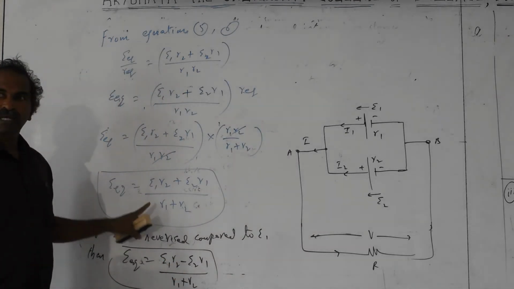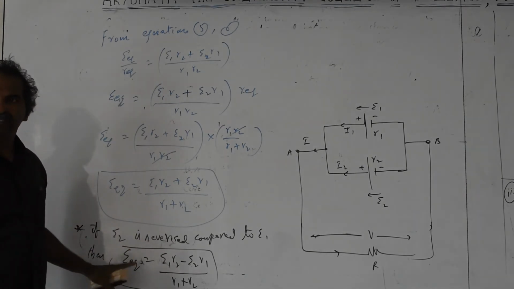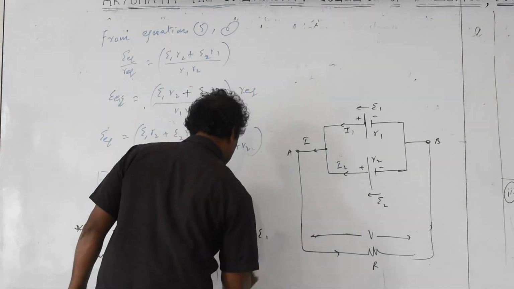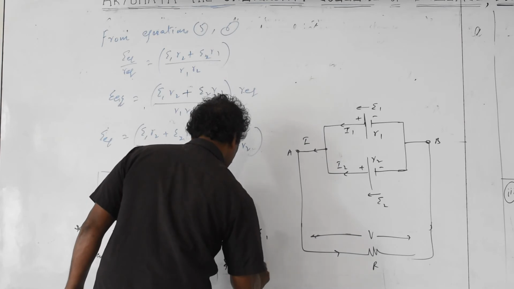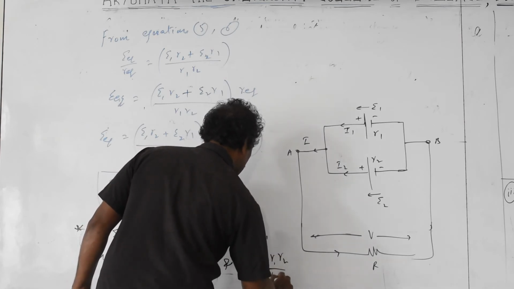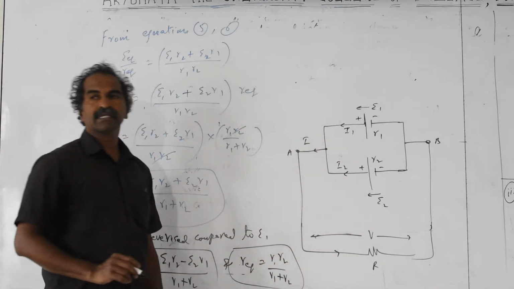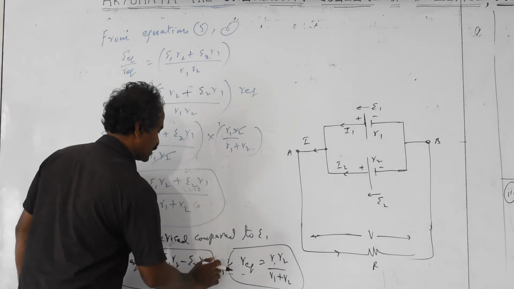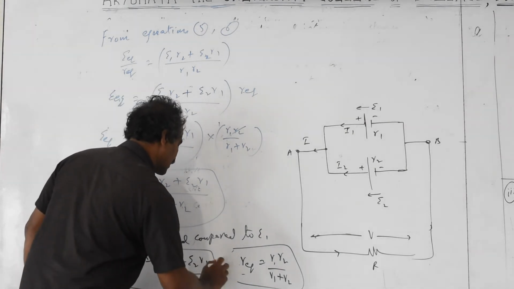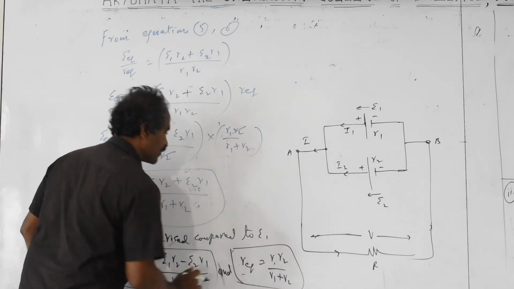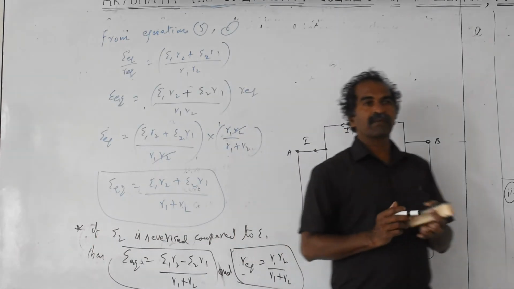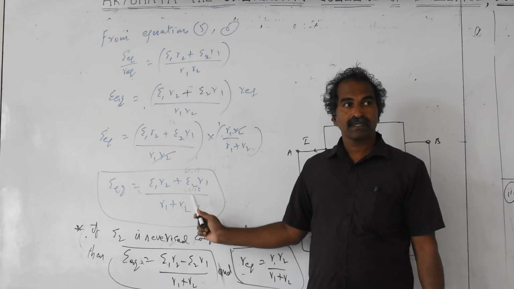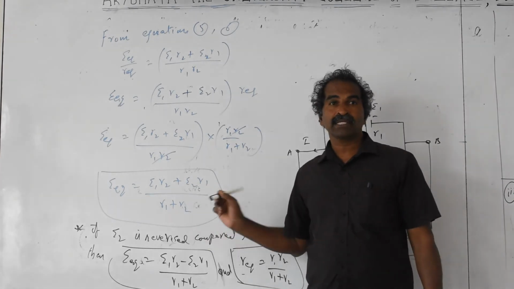You can do up to this and then stop also, but if you write this, that is always better, and remember this for the problem. What about internal resistance? When a cell is reversed, the resultant internal resistance does not change, and R equivalent will be equal to R1 R2 by R1 plus R2. When a cell is reversed, only the EMF is reversed, but not the internal resistance. And this is simple. This is for a 5 marks question, and a very important one. Problems can be asked for 5 marks. And for competitive exams also this formula is very important.